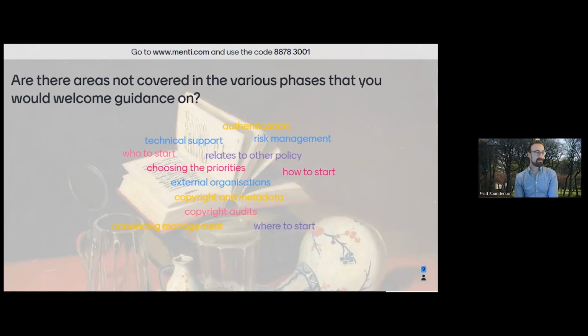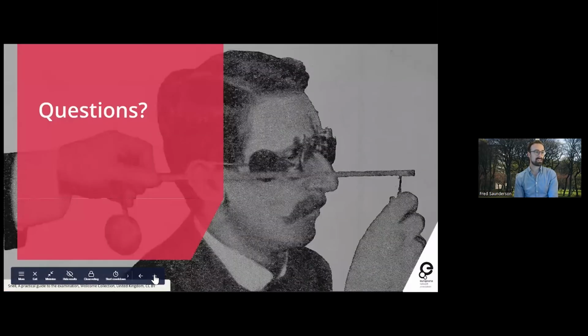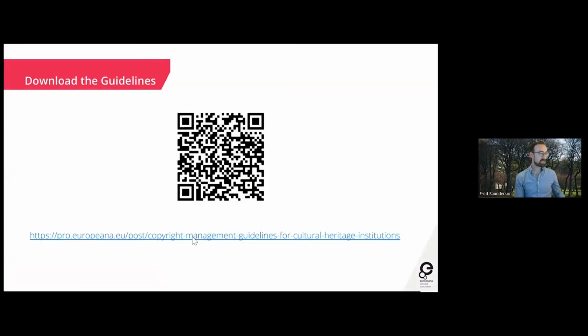Well, maybe if we go on to the next slide, then if no one has any more detailed questions, I think we've got a slide that tells you how to get the guidelines. So there's that, and I'll just pop the link into the chat as well. The guidelines, if you haven't already seen them, are basically a PDF, published on the Europeana Pro site, and there's a link there, or the QR code you can use to get there. If there are any more questions or thoughts, we're very happy to take those for the next few minutes. Otherwise, it's already really valuable to hear the feedback.